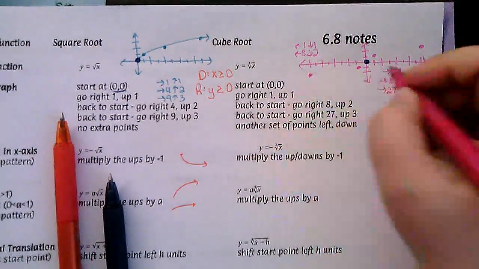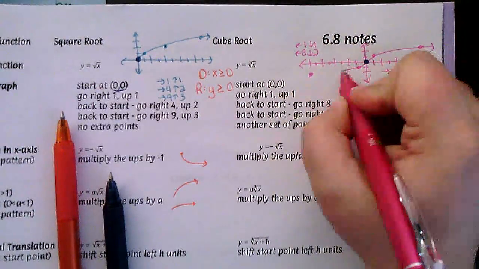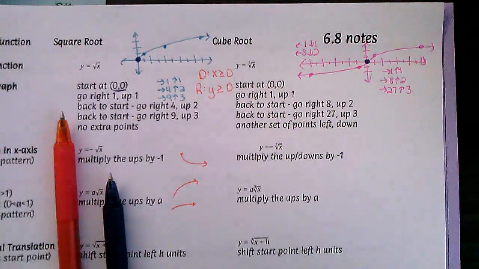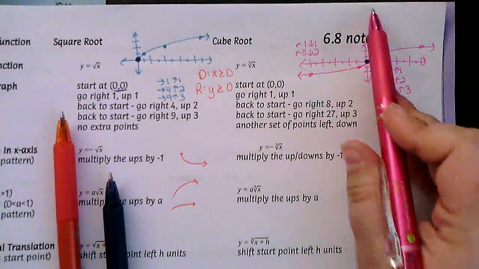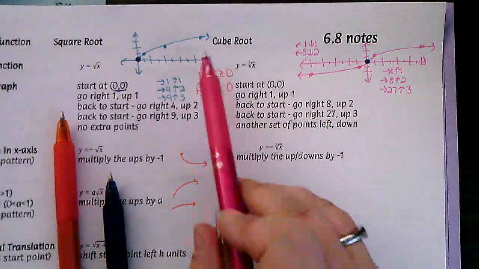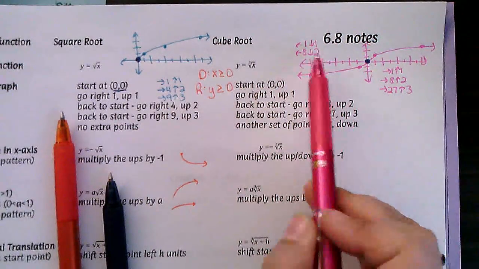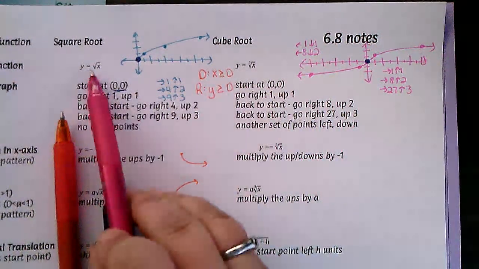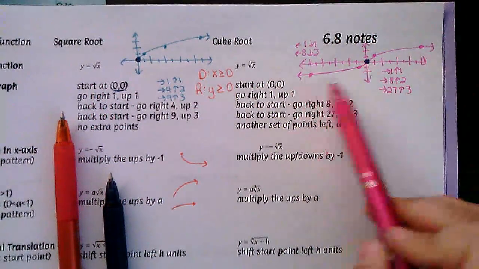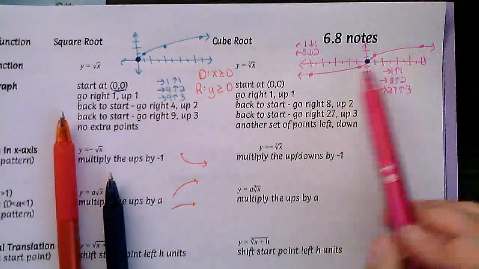So just the inverse of that squiggle where we did right and up, left and down, except this time on our x cubed, we went up a lot further, and on these ones, we're going to go right and left a lot further. So it's kind of like the eyebrow, but it has this side because we can do negatives under a cube root, whereas if we do negatives under a square root, we get imaginary. So that's why it has this side, and square root does not have that side. Okay, so cube